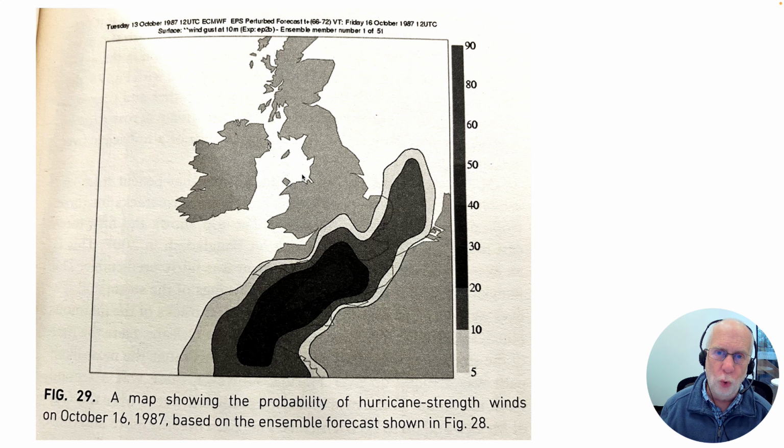So if you feed all these things through, you can get a graph of the probability of hurricane strength winds. And you can see that even the highest place, it's only going to be 30% or so. But there was a 30% chance of really high winds over part of south of England and a 20% chance over a larger place. I was actually asleep during the storm at my dorm room in Cambridge and remember waking up to hear the wind flapping on the flagpole and thinking, oh, it's a very windy night. 30%, that's not zero, but it's a lot more than the normal chance.